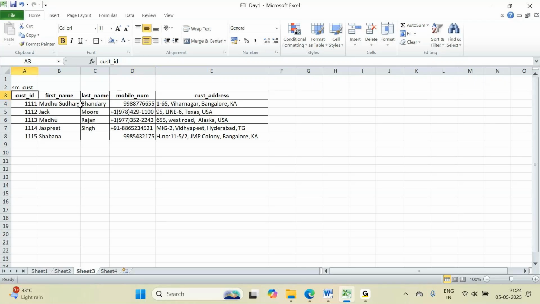Some Madhusudan guy came. His first name was Madhusudan, second name was Bandari, his mobile number is something, and his customer address is something. Like this, it came and he purchased some chocolate. For how many rupees? 10 rupees. How many quantity? One quantity. Like this. Again, if Madhusudan comes back